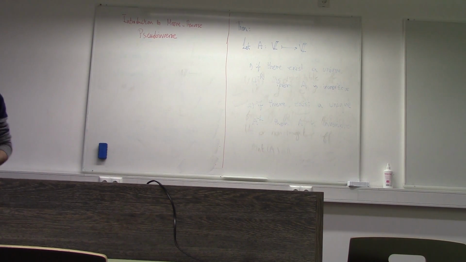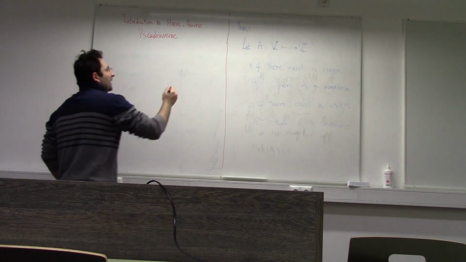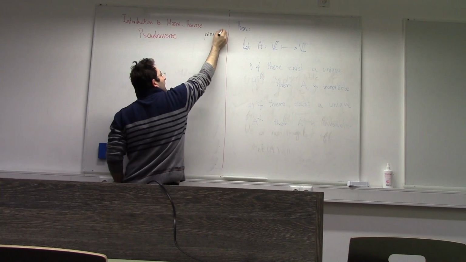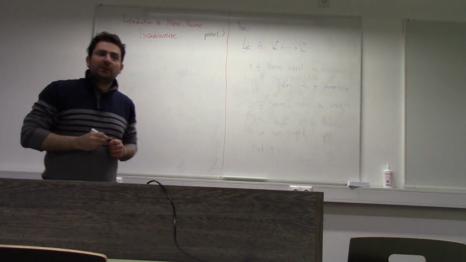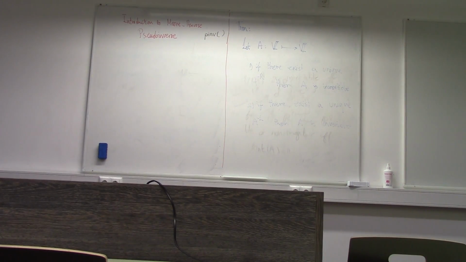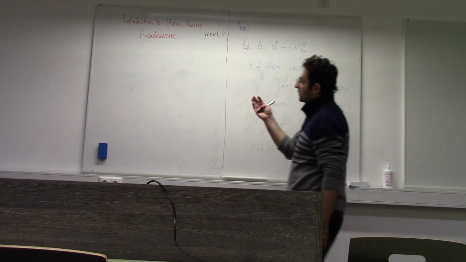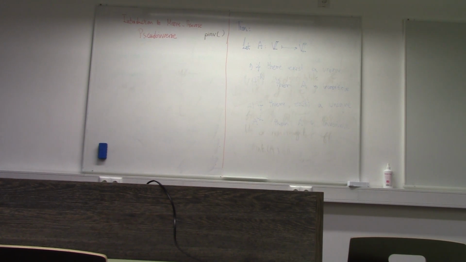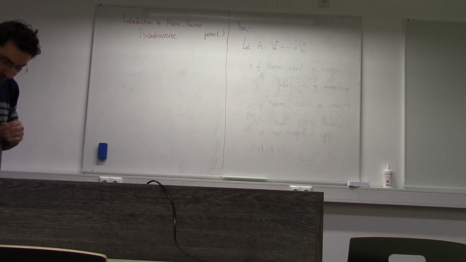And as was said, in MATLAB we have a command which does that. It's called pinv, with which you can find the pseudo-inverse of a matrix which is not square, or a matrix which is singular. Then we will start to talk about the pseudo-inverse from right and the pseudo-inverse from left, and we will see under which conditions the pseudo-inverse is equivalent to the actual inverse. But before we start,